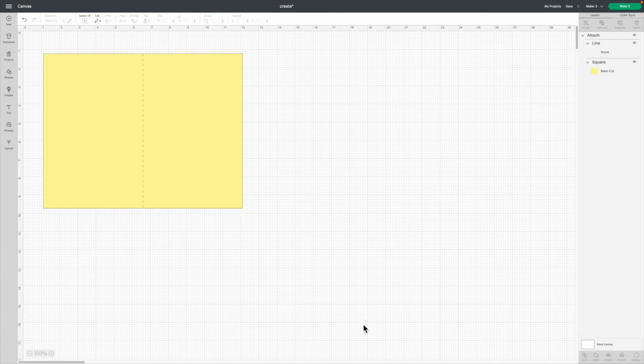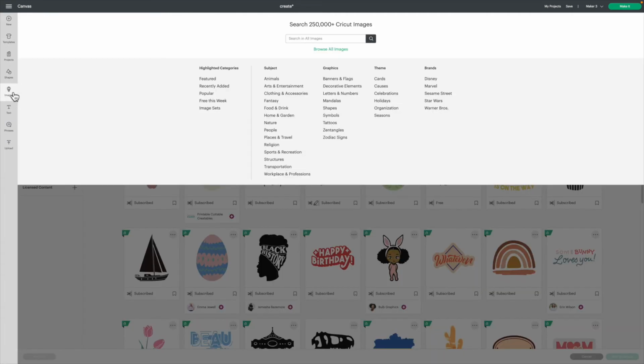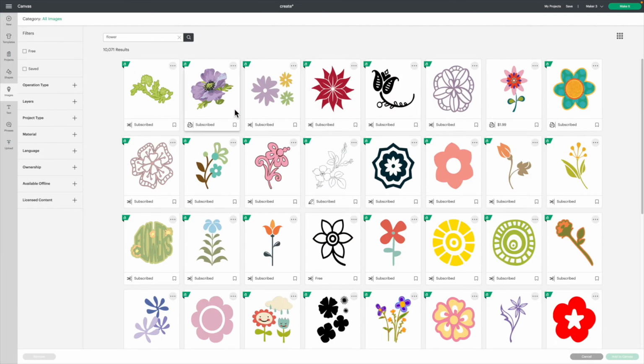Let's find an image to add to the front of our card. Click on Images in the left column. We can type in a keyword to search for the image. I'm going to look for a flower. Search.